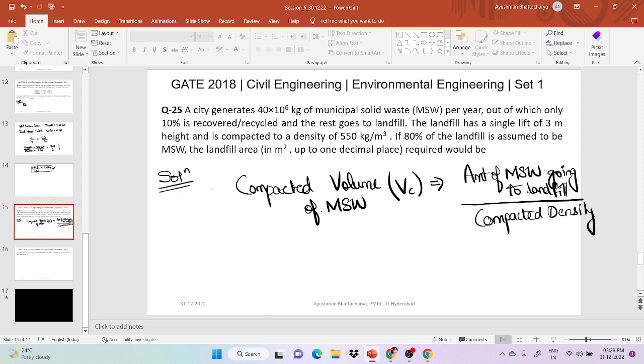The amount of municipal solid waste going to landfill is how much? 40 into 10 to the 6, out of which 10% is recycled. Okay, so now you see the amount of waste that goes to the landfill is this much. If 80% of the landfill waste is assumed to be municipal solid waste, so since 80%, 0.4 into,